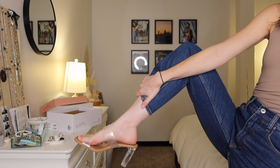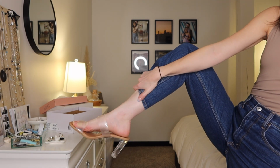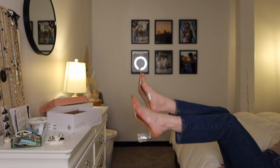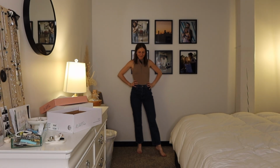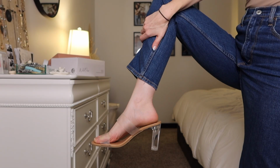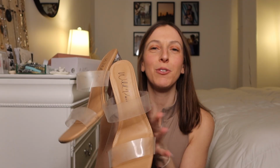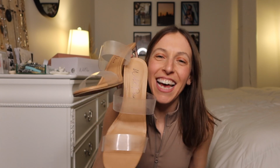They're so cute. They give Cinderella vibes, right? Because they're like a glass slipper-ish look. These two little straps here. I love them so much. They're also ridiculously comfortable and easy to walk in. So let me lower the camera and show you them at another angle. I absolutely love these Wild Pair heels, and let me show you the final last pair of heels, heel number